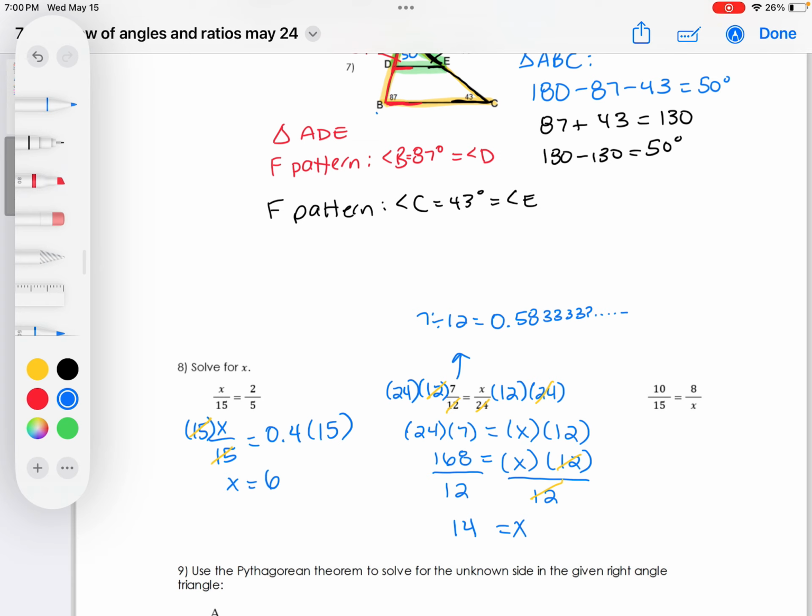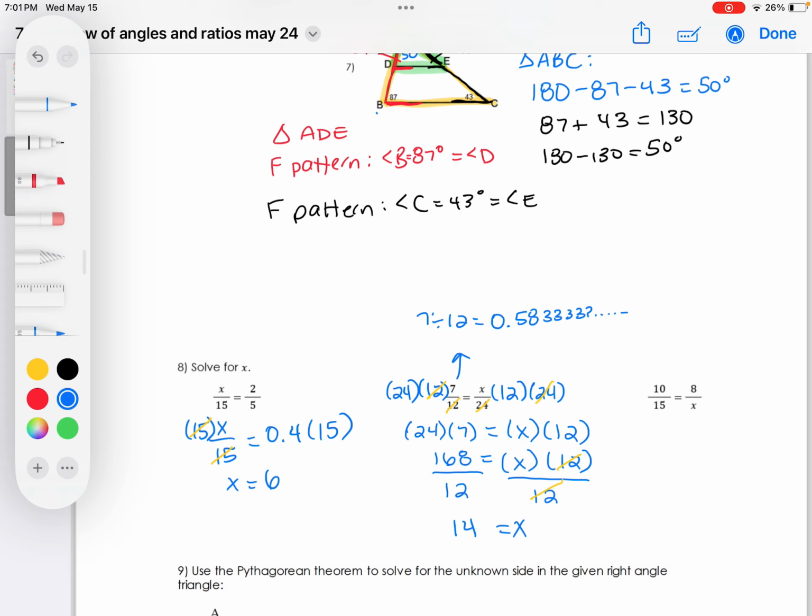Okay? So we cleared the fractions by multiplying the denominators as you would have done before. But that can be messy, right? We had to multiply both sides by 12 and by 24. So if you're concerned that you're going to forget to write them both down,